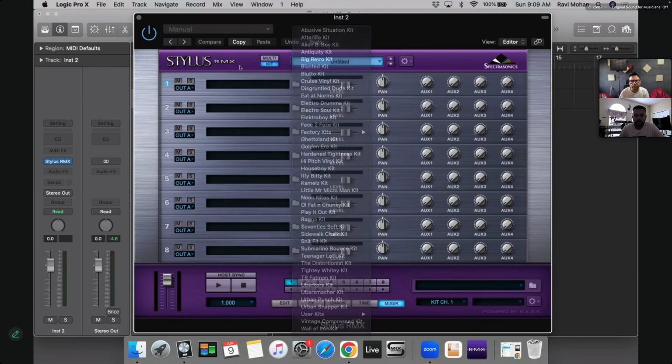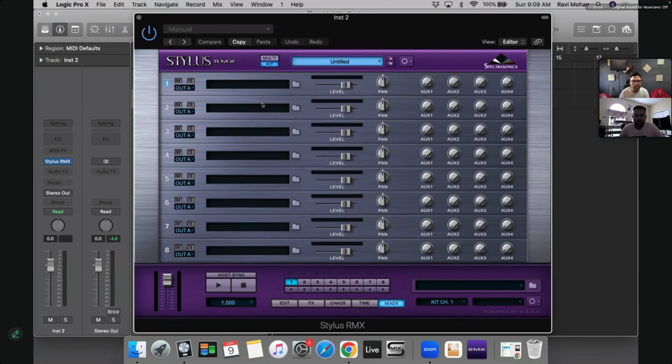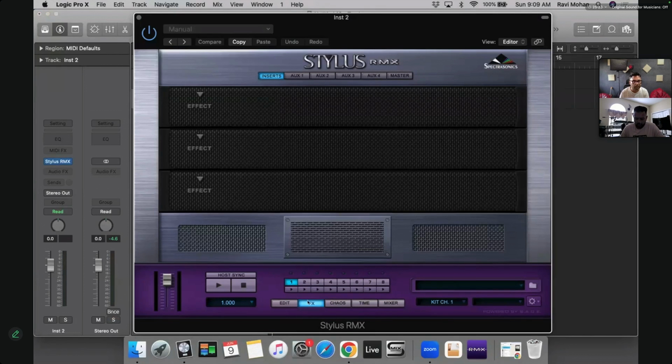You have 8 slots, and inside these 8 slots you can put any samples. They will be mapped to the 8 keys on your keyboard or whatever controller you are using to program. On those 8 slots you can also put 8 individual effects, and you also have auxiliary effects.